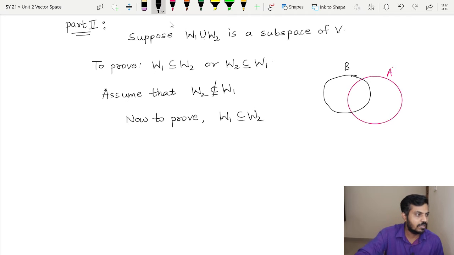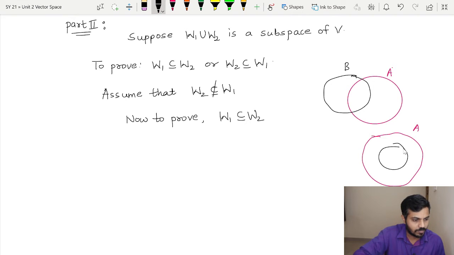And in another case, this is my set A, let us say, and this is my set B. So you have to decide in which case B is a subset of A. By simply looking at it, one can understand that in this case B is a subset of A. Now why is this happening? Because every element of B, or every member of B, is a member of A, therefore B is a subset of A.